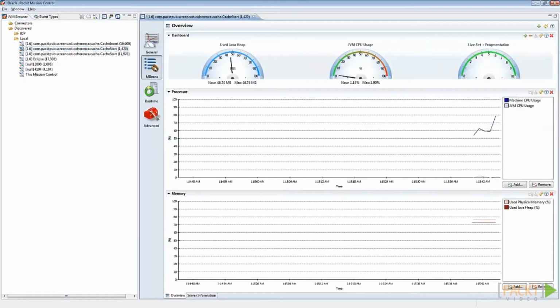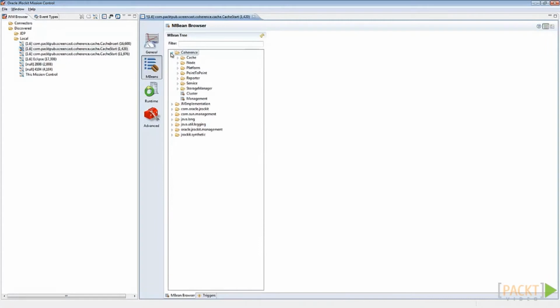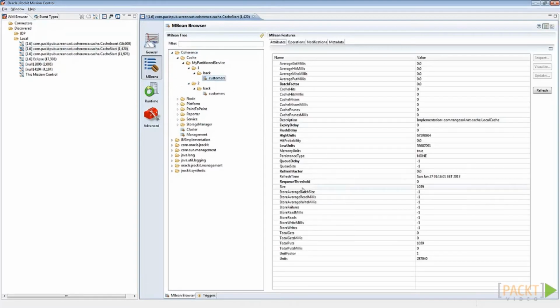In the MBeans tab, under Coherence, Cache, My Partition Service, you'll see two folders. Expand both and monitor the size attributes. We've got 1059 and 1092. Select the partition schema. The size attributes don't need to be the same for each server. An algorithm takes care of the data distribution automatically,